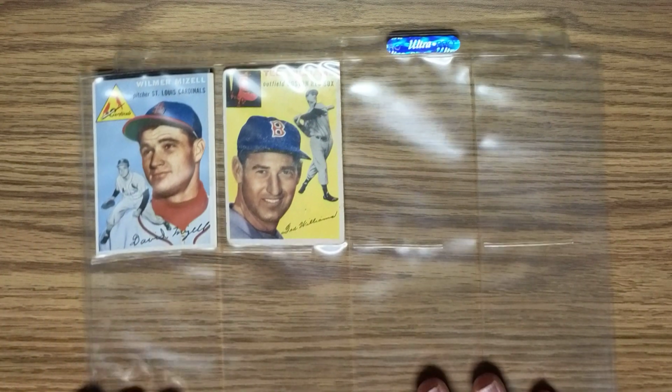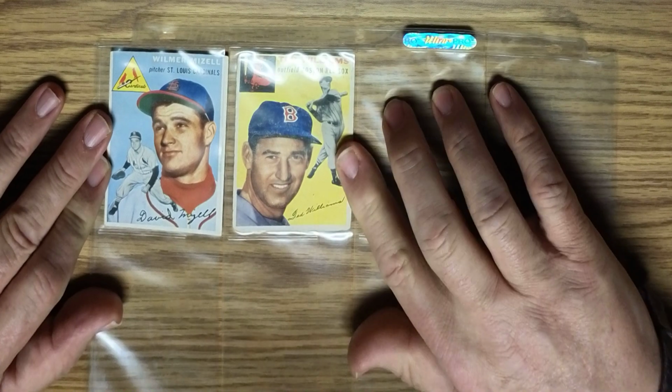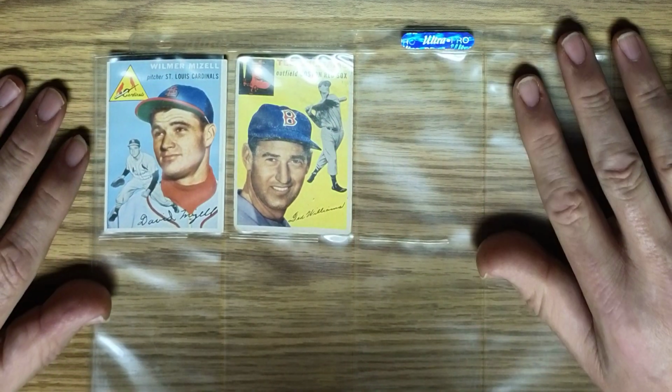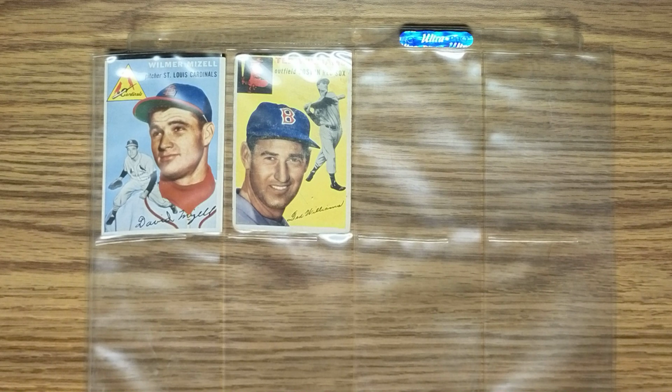Then we come to the last two cards of the set. Card number 250 was mentioned earlier as the second Ted Williams card in the set. And card number 249 is Vinegar Bend Mizell, who later went on to some degree of fame after being elected to the U.S. House of Representatives for the state of South Carolina, or congressional district in South Carolina. And I'm told he was one of the key reasons why the Republican Party dominated